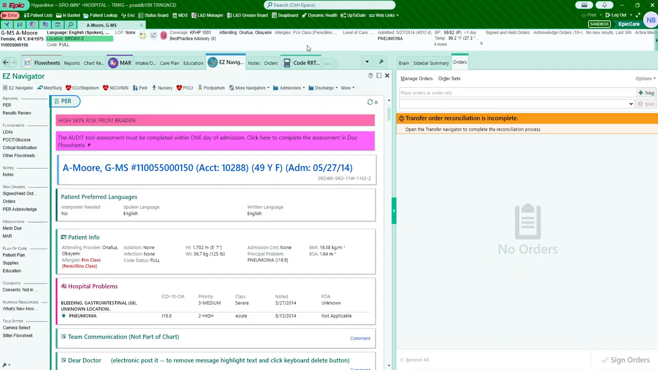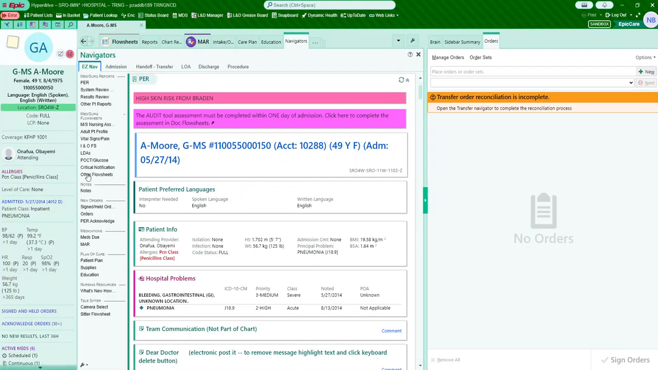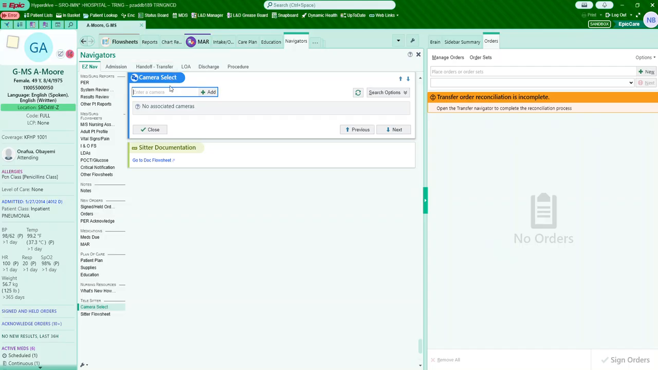Now it's time for us to link our camera to our patient. Here on the Navigators tab, you'll notice all the way at the bottom under Telesitter, you're going to see the camera select. You also see a quick link into the sitter flow sheet. To assign the camera to the patient, we select the camera select, and now it's going to open here. With your scanner, you are going to scan the QR code